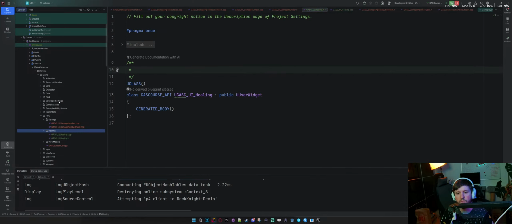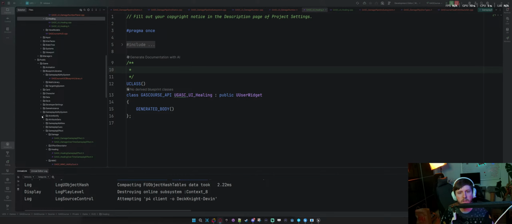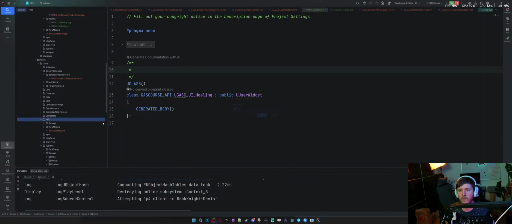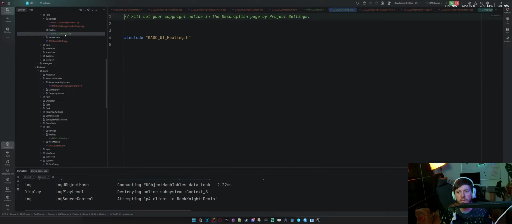Add that, but we're going to have to move our header into the appropriate place here. So we've got to find HUD and then healing. And then we're going to move healing here, and I'm going to have to update this.